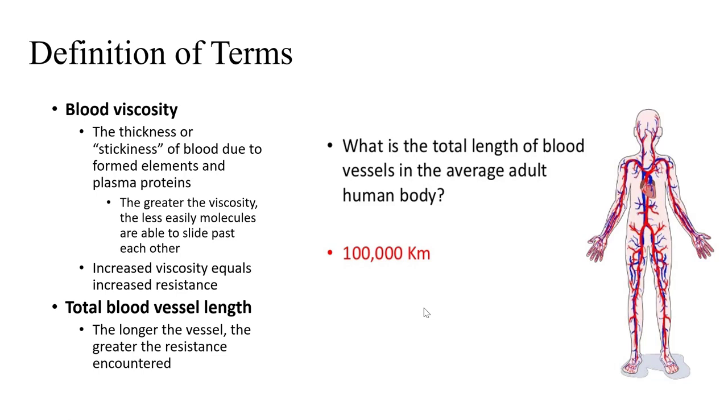It's only a fun fact. But if you're a big fella and you are bigger than an average person, then your total blood vessel length would be longer than 100,000 kilometers. It could be more because the more mass you put in your body by gaining weight, the longer the blood vessels will be. Remember how your body will need to feed all of that extra mass of flesh that you have over an average adult, and therefore